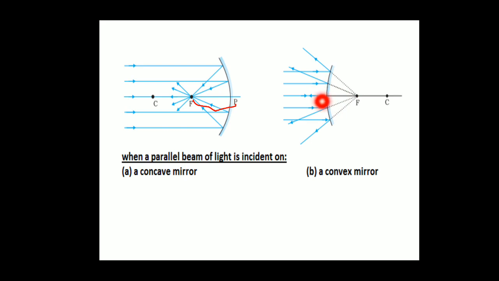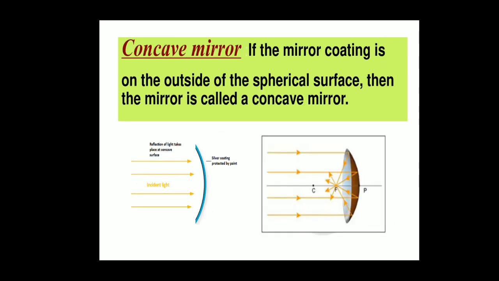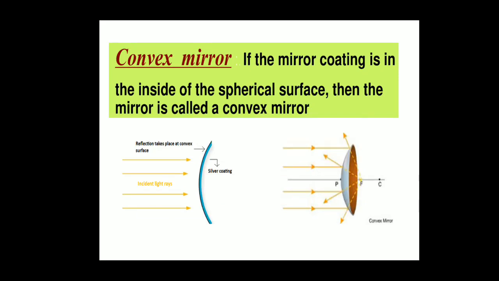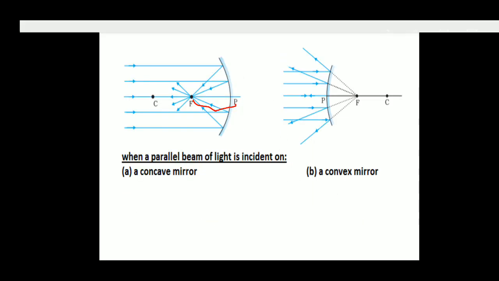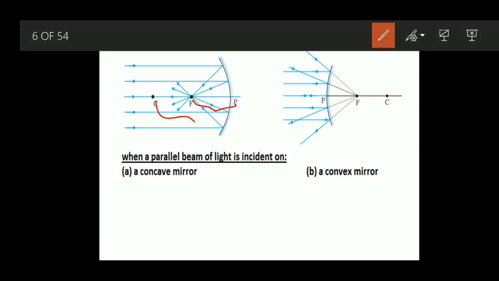One is pole, another one is focus, and the third one is center of curvature. Same manner here also. So what is this distance? If you take the distance between the pole and the center, because this is a part of a spherical surface we derived, pole to center, that distance is called the radius. If I take here this distance P to C, this distance is called radius.